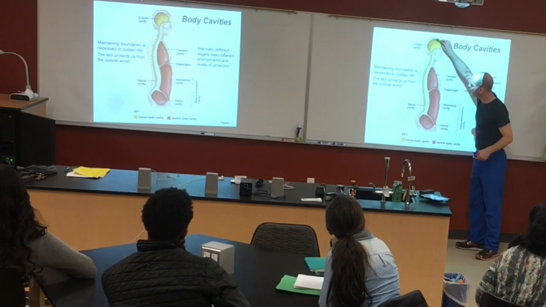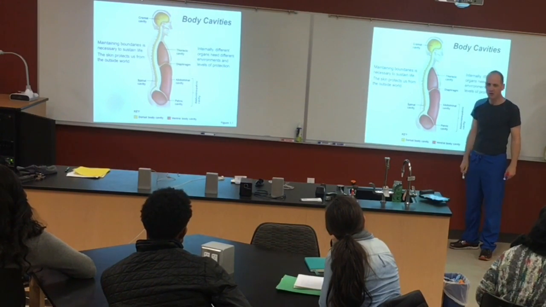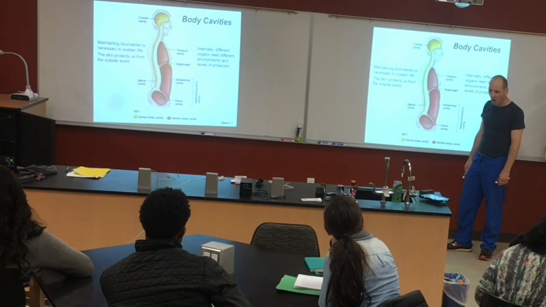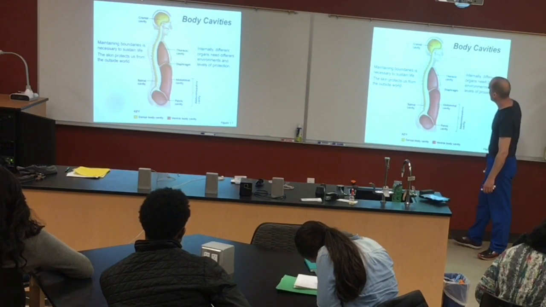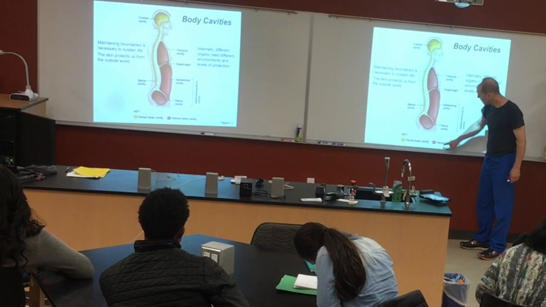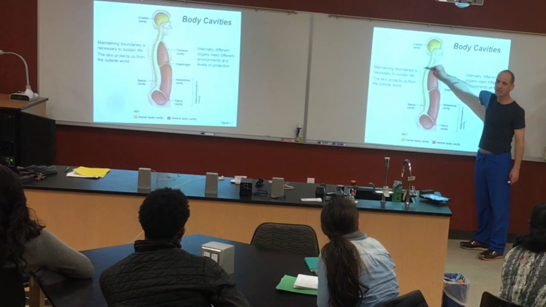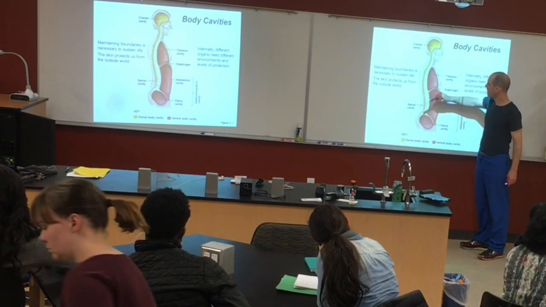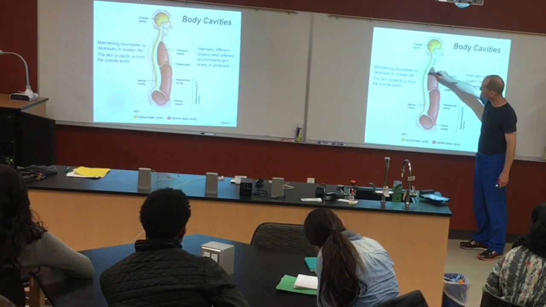We have one main one in the back. They call that the dorsal body cavity. See, they don't call it the posterior body cavity. Why not? Because they want you to study hard. They call it the dorsal. So that's one place where it comes from. And then in the front, we got the ventral body cavity. So look at that. The spine, the nervous system is completely on its own, separated, boundaried by bone. And in the front, we don't have it all that tight. Here we got the ribs, that's pretty good, but